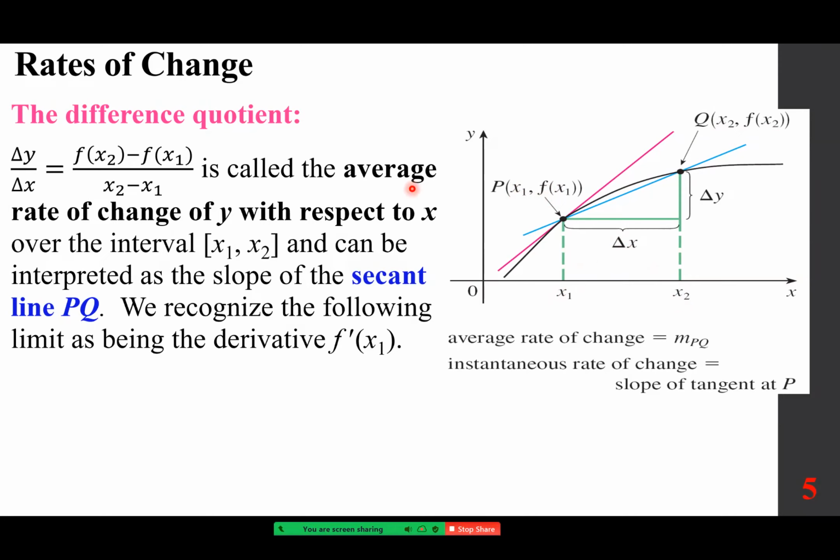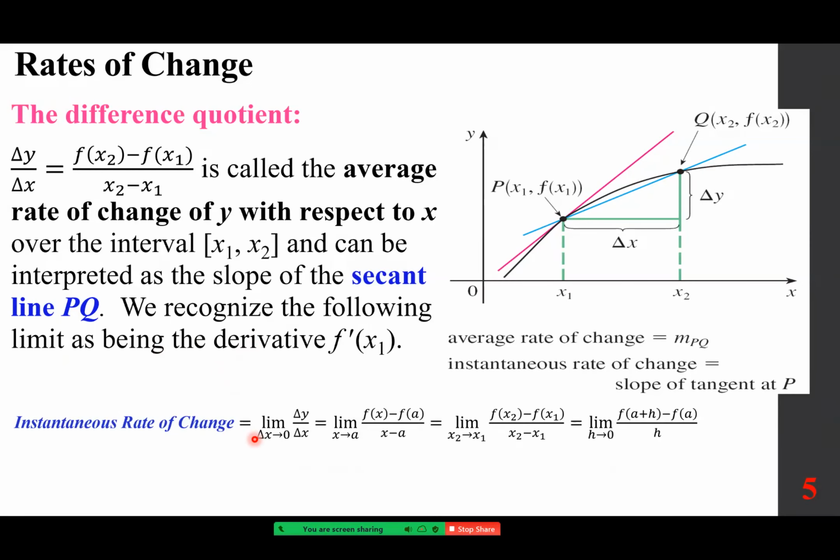This is called the average rate of change of y with respect to x over the interval of x sub 1 to x sub 2, and can be interpreted as the slope of a secant line, PQ. So this line has a slope, and it's rise over run. We recognize the following limit as being the derivative f prime at x sub 1. So if we take the limit of delta y over delta x as delta x goes to 0, we make this distance, which is the same as h,